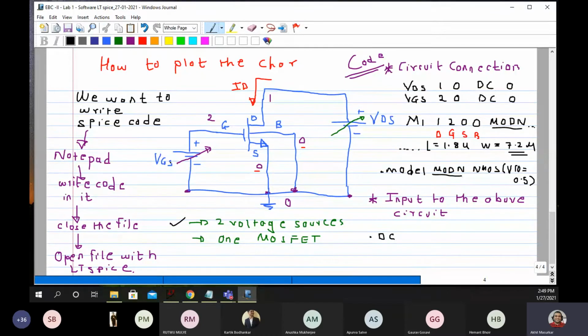What you want to see, you want to change now. What you want on X?